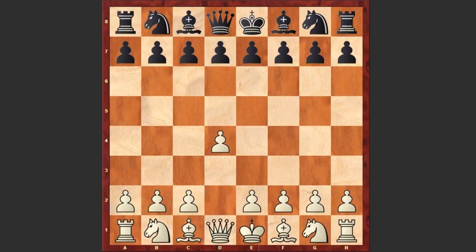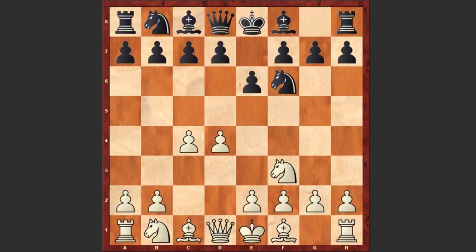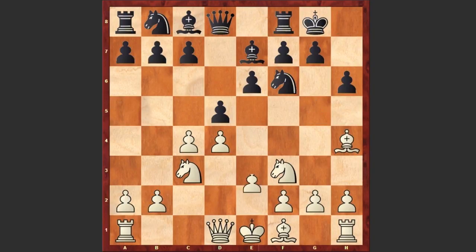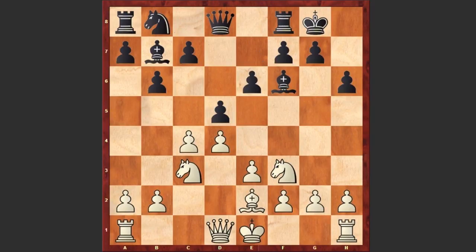Karpov started with d4, knight f6 by Georgiev, c4, e6, knight f3, d5, knight c3, bishop e7. We see the queen's gambit declined, three knights variation, bishop g5, h6, bishop h4, black castles, e3, b6, black goes for the Tartakower defense, bishop e2, bishop b7, bishop takes f6, bishop takes f6, c takes d5, e takes d5, b4,